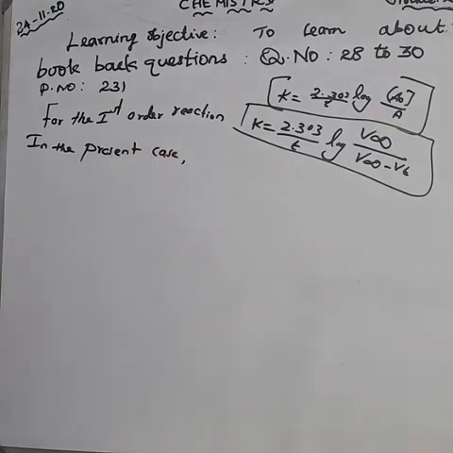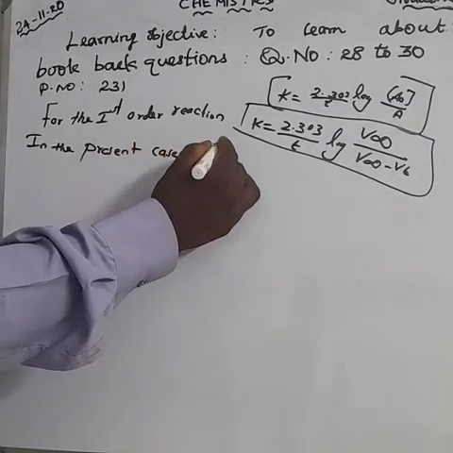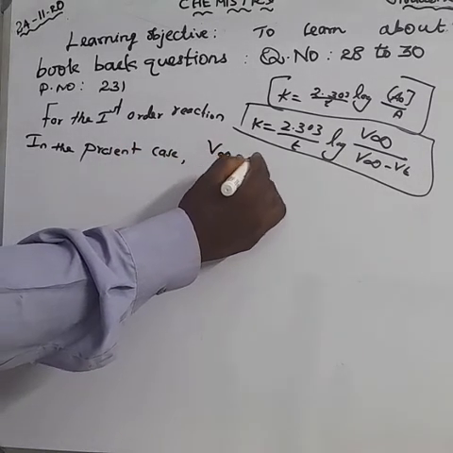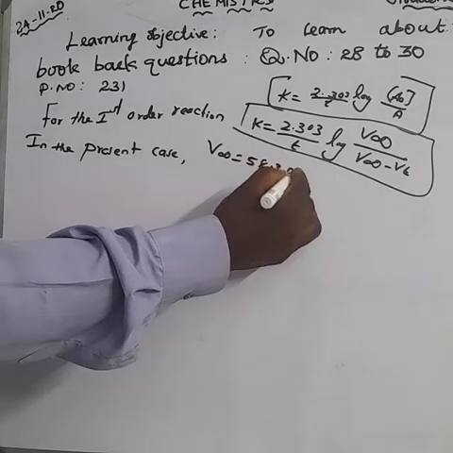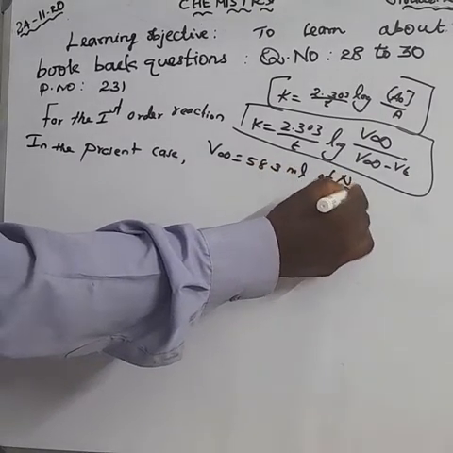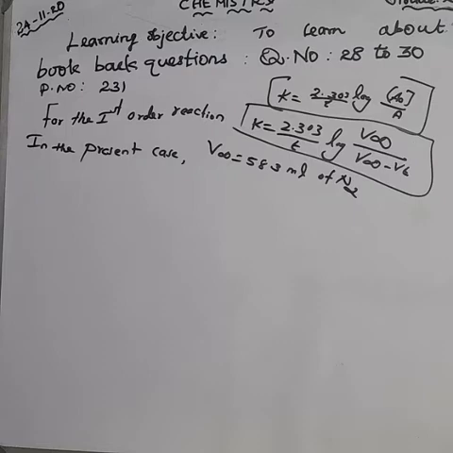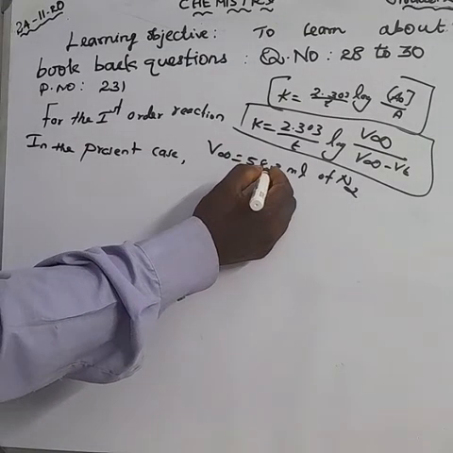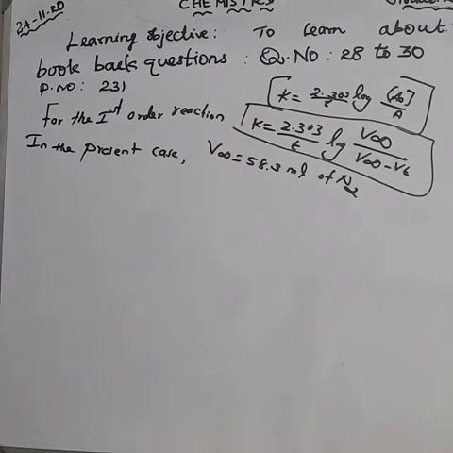what is the V infinity? V infinity is the final time value. V infinity is equal to 58.3 ml of nitrogen. Okay? 58.3 ml of nitrogen, as per the tabular column; please all of you check the tabular column. We should calculate the value of K. What is our aim? To calculate the value of K